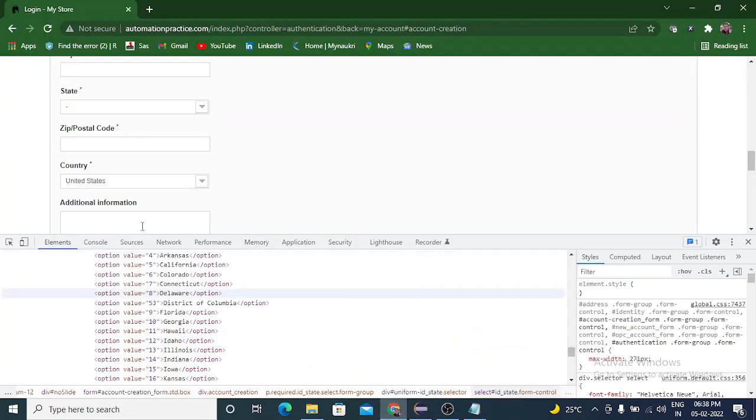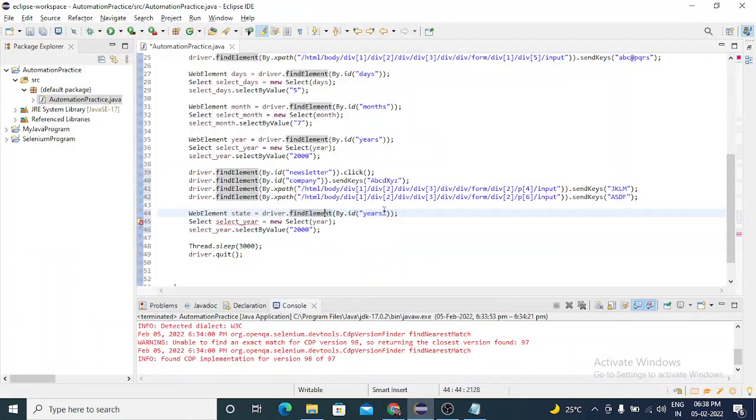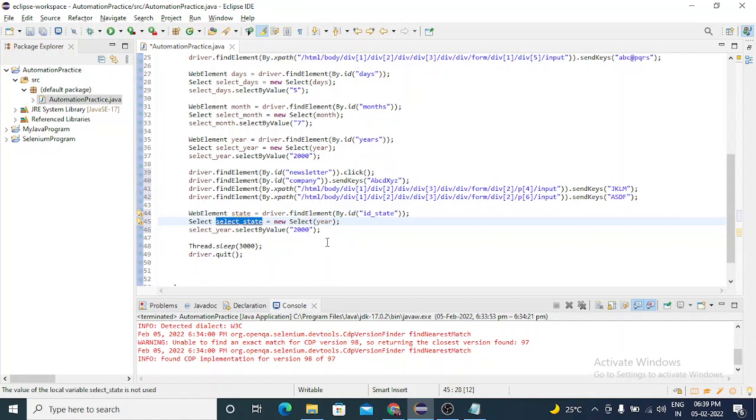So let me copy any of the thing. ID state. So ID is ID state. Select state. This is the name I have given as per my convenience. You can give as per your convenience, because this is not a hard coded thing.